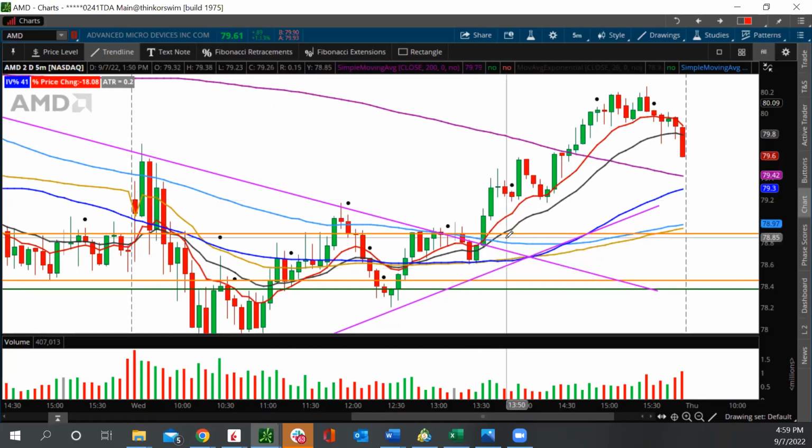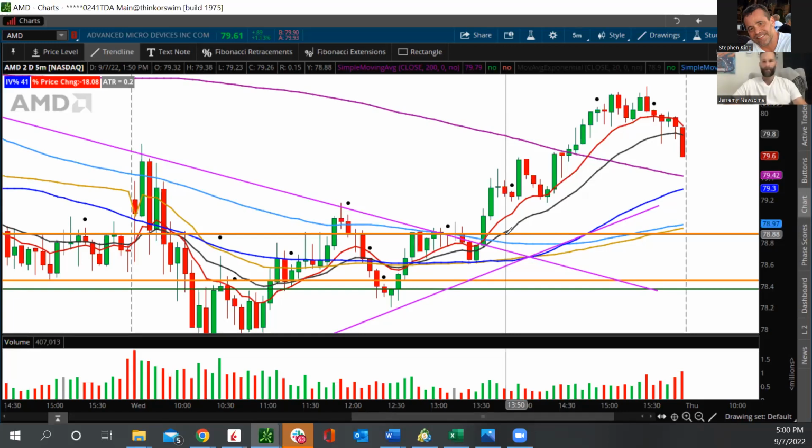I thought it would retrace, maybe not all the way down to the trend line, but at least to this level here, and it didn't happen. So because I'm not a breakout trader per se, I should clarify that, with the funded account I have had to become more of a breakout trader. But typically